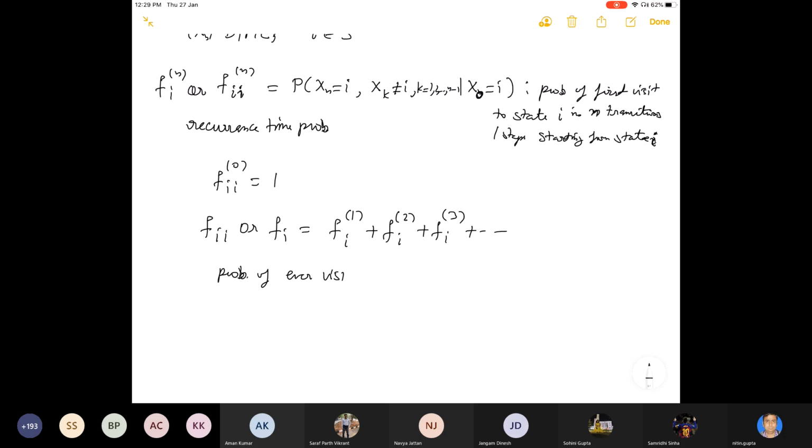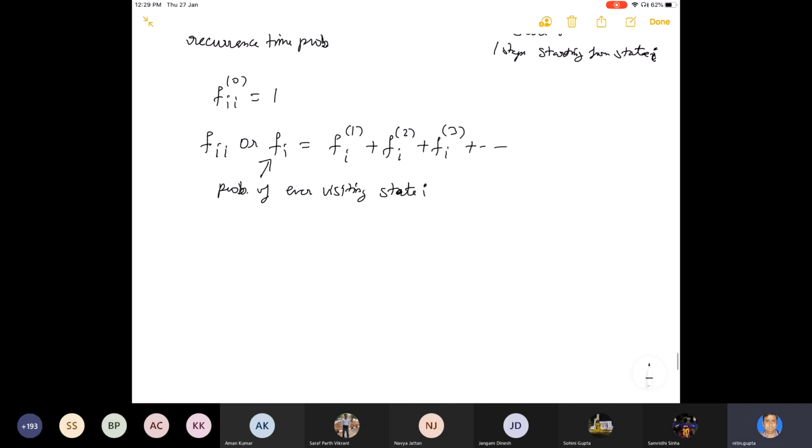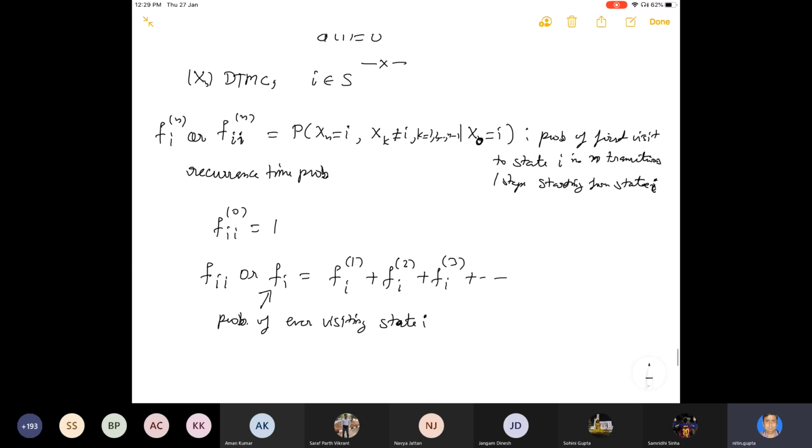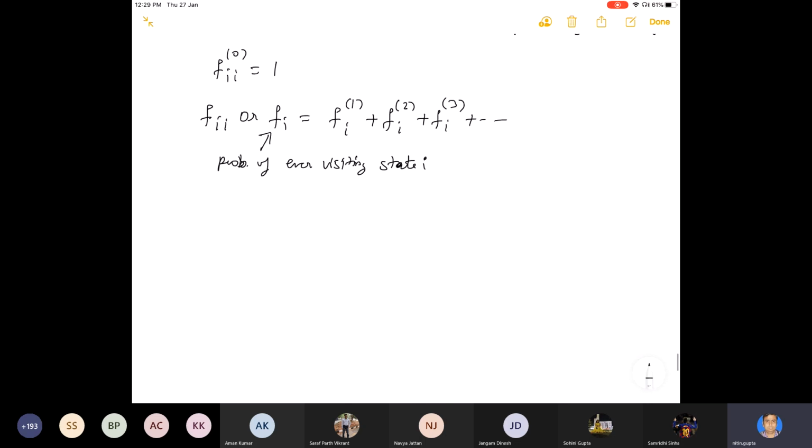Ever visiting state I, F_II or F_I. Because these are the probabilities of visiting for the first time, either in 1 step or 2 steps or 3 steps and so on. Okay, so if F_i is 1,